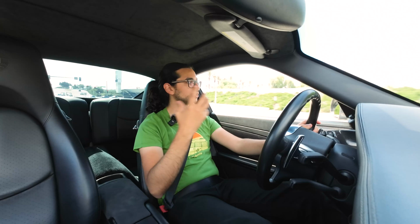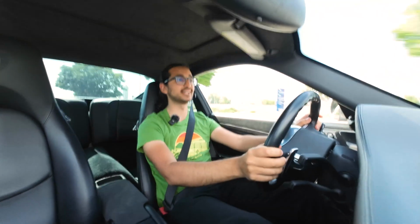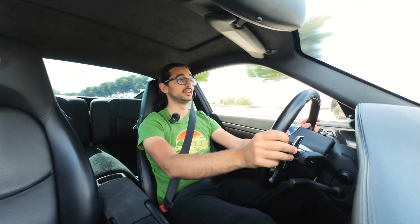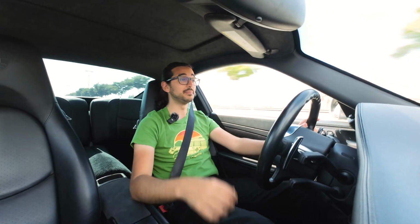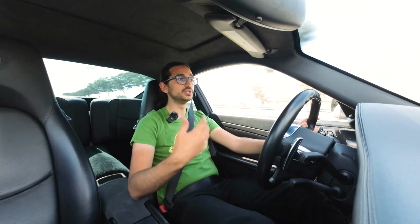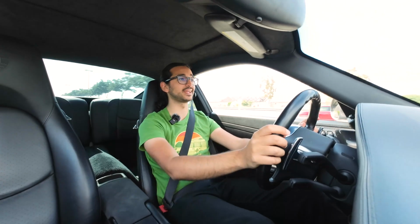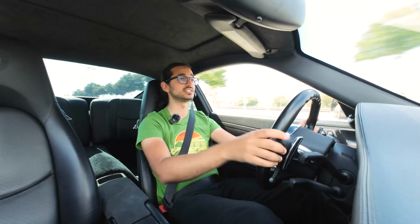You hear the turbo spool and they sound pretty awesome, honestly. It kind of has like a whooshing noise. Yeah, the response is actually really good. There's not really much lag at all. As soon as you push down on the accelerator, you just feel that surge of torque, and I'm almost positive that that has a lot to do with that VTG system, because this car is quite a bit faster than